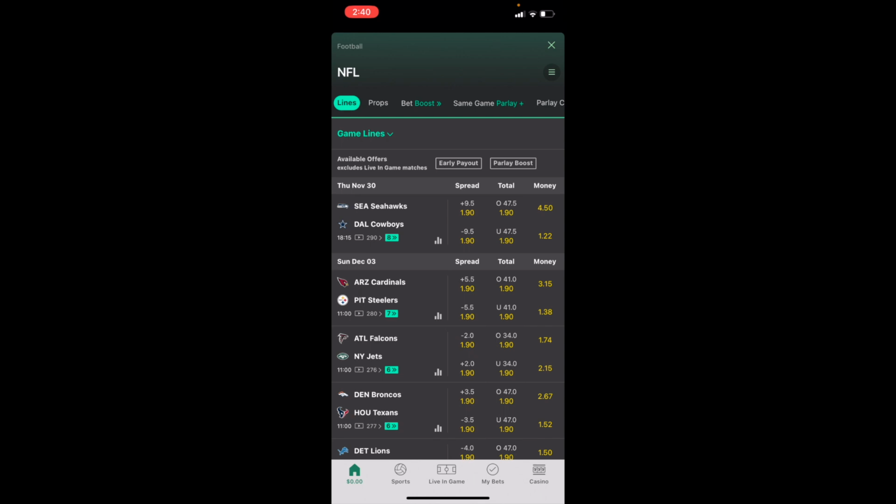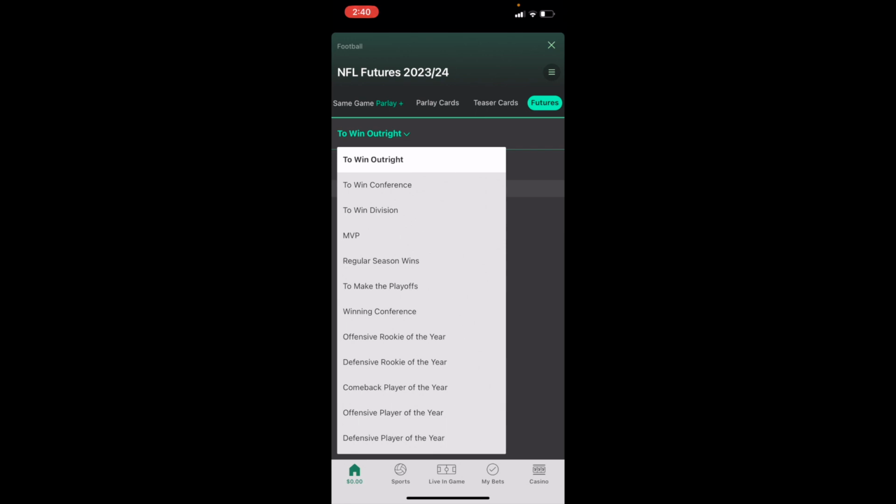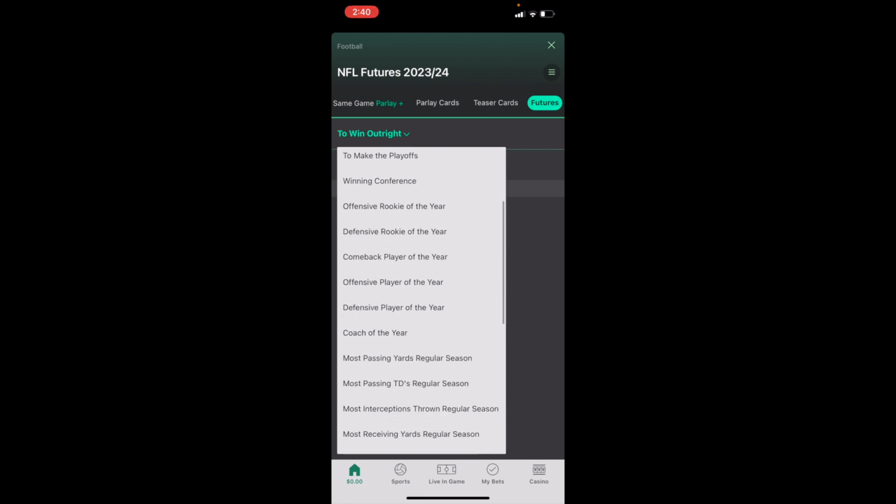Then at this top here where it says lines, we have all the game lines for today. If you want to, slide this bar all the way to the right until you come across a tab that says futures. Press on futures. Then as you can tell, for right now it says to win outright, so that of course is the Super Bowl odds. If you wanted to change that to Offensive Rookie of the Year, simply just press on to win outright, get this drop down menu, then slide all the way down until it says Offensive Rookie of the Year